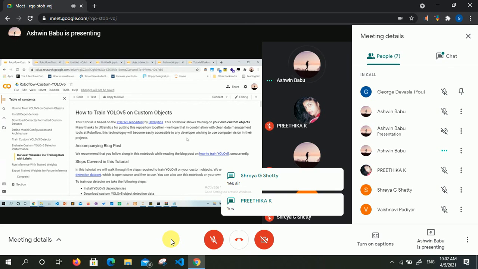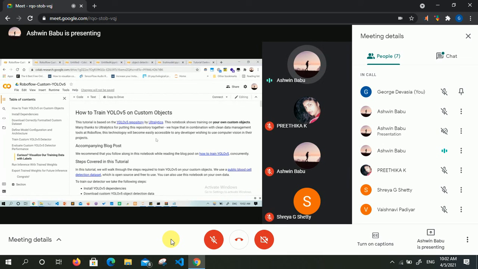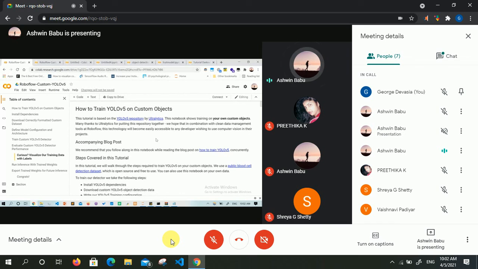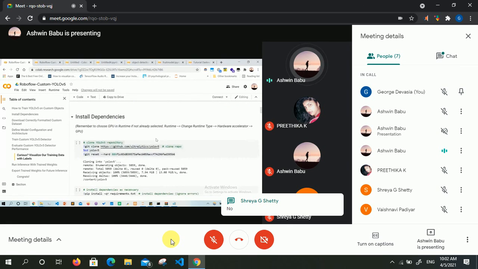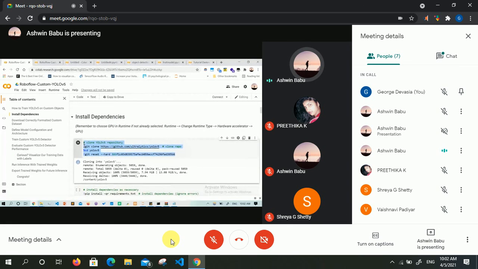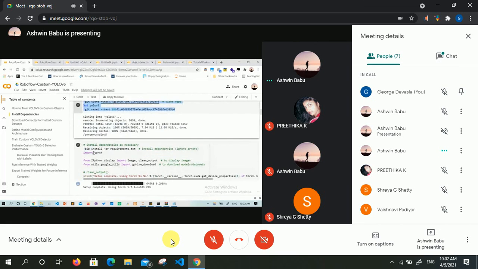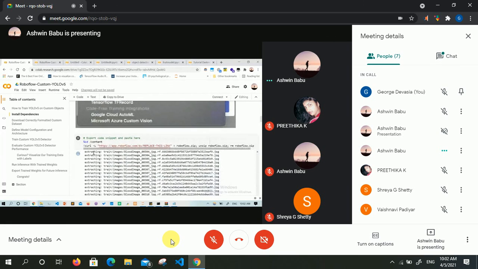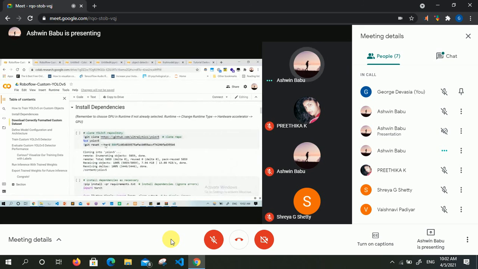Also, I will tell you one more thing. Since I think none of you have gone through Colab notebooks, nobody has experience in Colab, right? The way we need to execute is like this: this is one cell, this is another cell, this is another. There are different cells. The way you need to execute it, you have to click on the cell, then you have to click it.